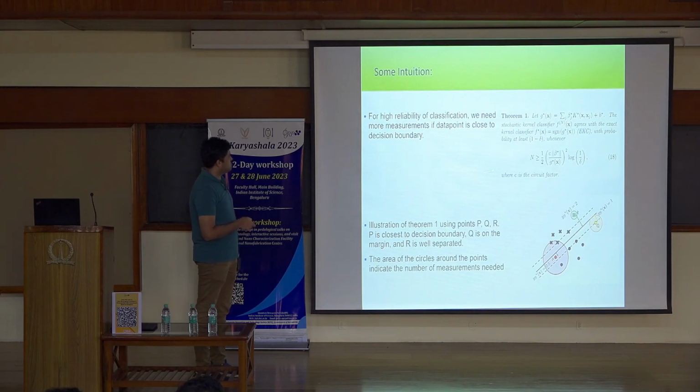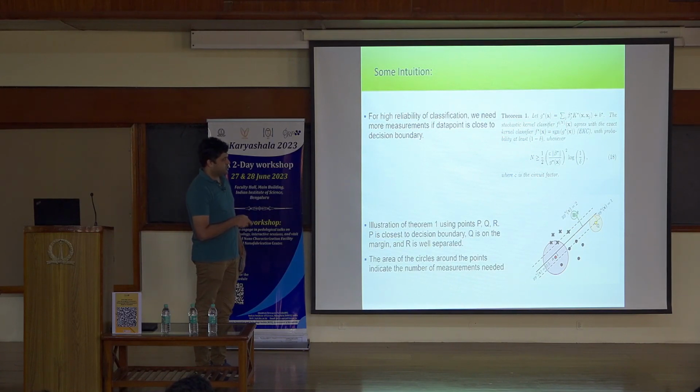So just to give you some intuition, you can derive this type of theorem. G star of x here is actually the classifier function. The sign of this will tell you the label of the class. So if I want to assign a label to x, I'll ask, what is the sign of G star of x? And this is for the ideal case. Stars represent the ideal cases where n goes to infinity. And what is the probability that the noisy estimate of x agrees with this classifier?